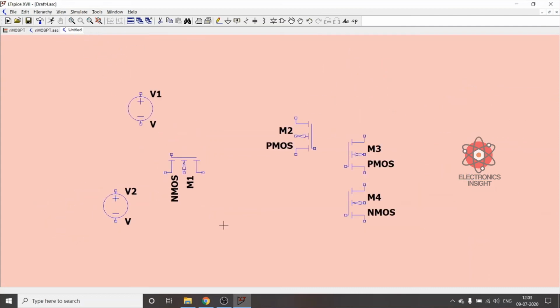So now we need to make the connections. This gate terminal has to be connected to this voltage source, and this PMOS gate also has to be connected to the same voltage source, because all the source terminals that we are going to connect here, and the gate terminal of the PMOS will be connected with the CMOS inverter output.